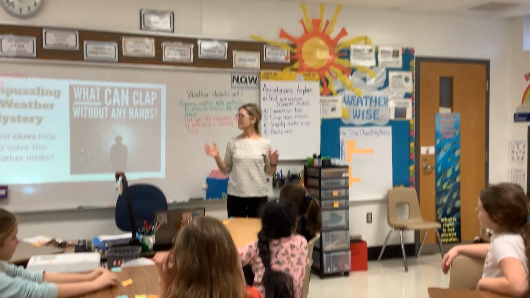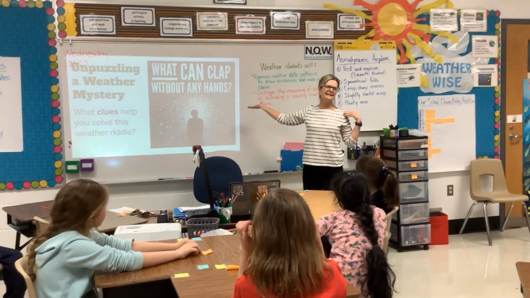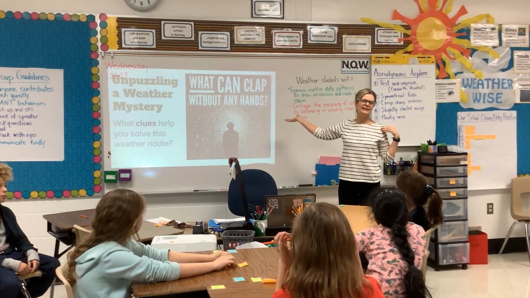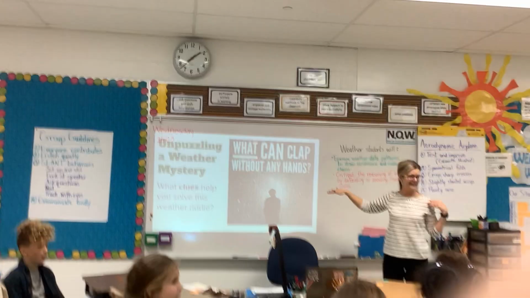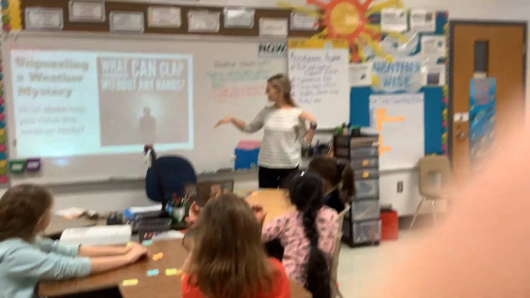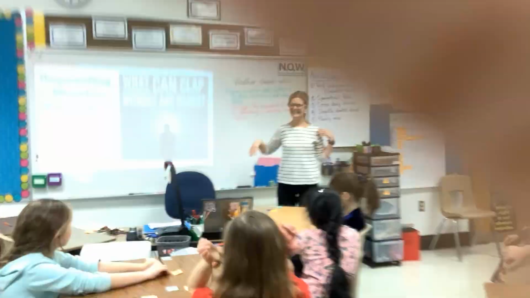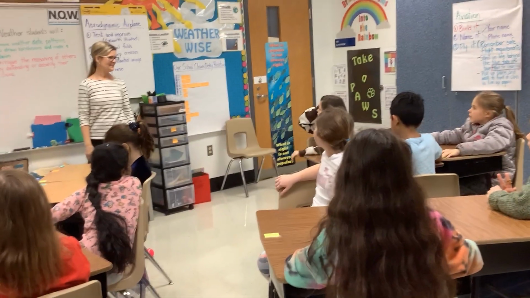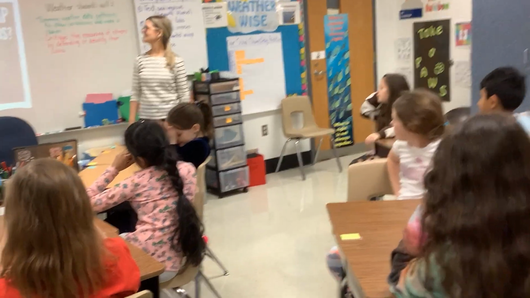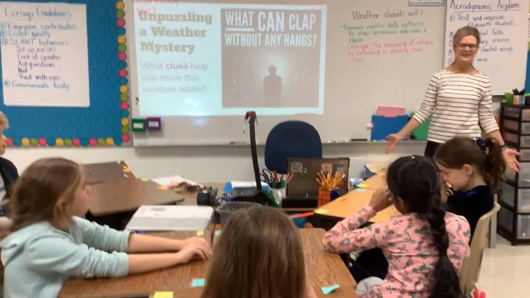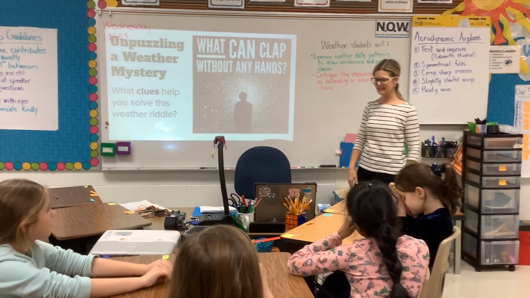Got it. And then there's something happening. Quinn, is there something happening in the picture that makes you think about thunder? It might be rain. Annie? I think it would definitely be something in a storm, not like sunshine or something, because it's dark. Yes, because it's dark, so probably not sunshine. So I believe the answer is thunder.